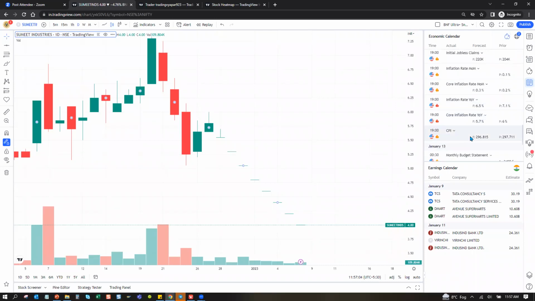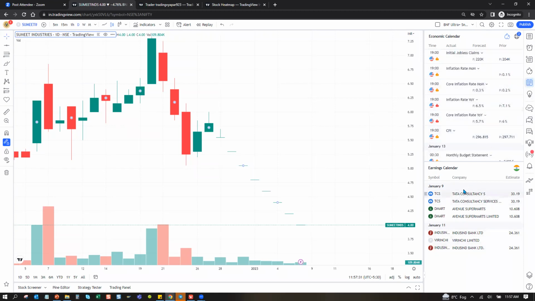You might have seen I keep on posting in Telegram groups and on Twitter and in FFE group. These are the events for tomorrow. These are the events for today. So if there is a big event, definitely we need to hedge our positions overnight, right? So this is where you see, is there any event planned? Do I need to make sure I am hedged enough?